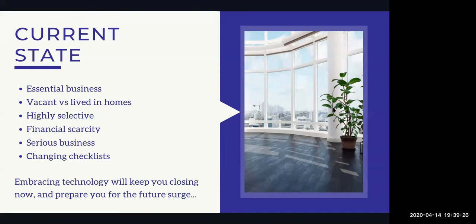People are also seeing that checklists are changing very quickly as people are living at home in close quarters and experiencing life in a very different way. Already there are articles and media coming out saying that people are looking at homeownership from a different perspective. What's important to them? Space for more people than perhaps they had before. Maybe outdoor space is more important than something inside than it was before because of what they're experiencing. So those are some things to be sensitive to, as well as start to look into and promote in creative